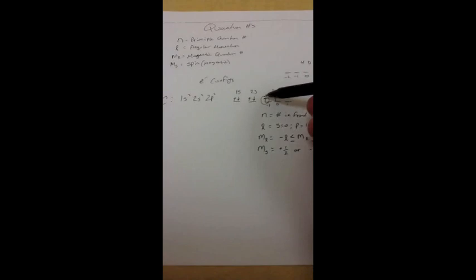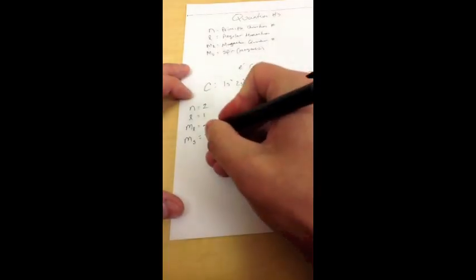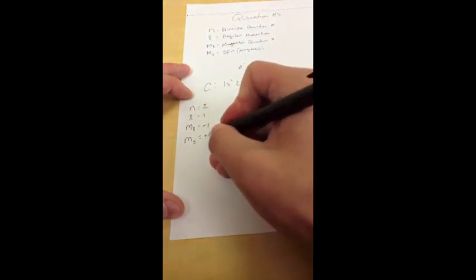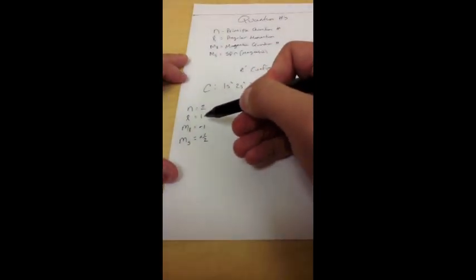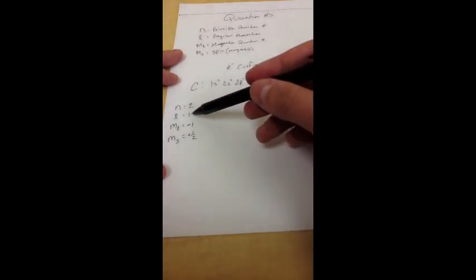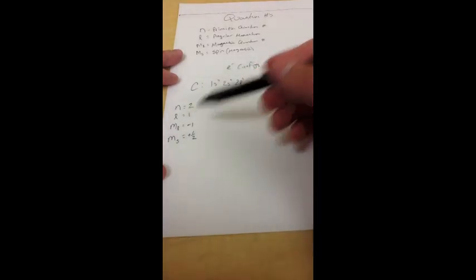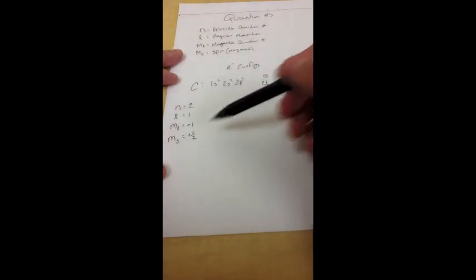It's kind of almost arbitrary what you give it. The way I do it, and this will make more sense in a minute, is I just say if it's up, it's positive. If it's down, it's negative. It's really arbitrary, and you'll understand why in a second. So this electron has the quantum numbers 2, because it's in the 2p, 1, because it's a p, and p's are 1, -1, because it's in the -1 subshell, and +1/2, because I arbitrarily called it +1/2,